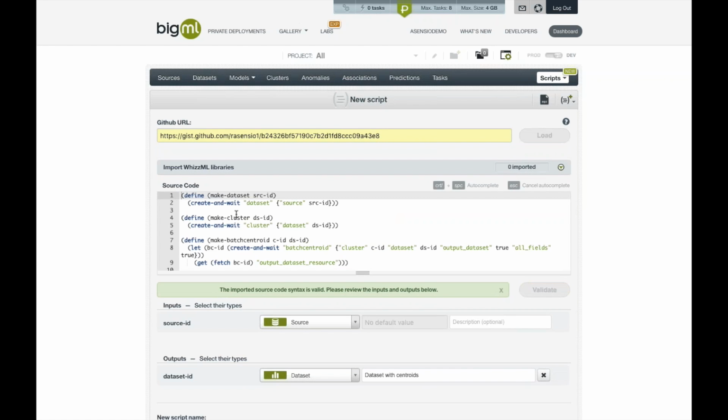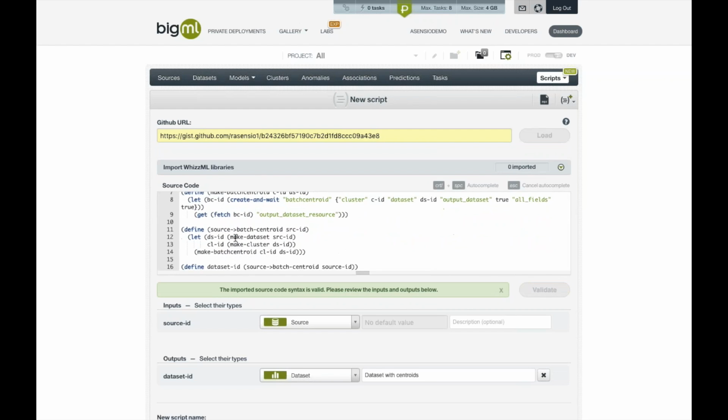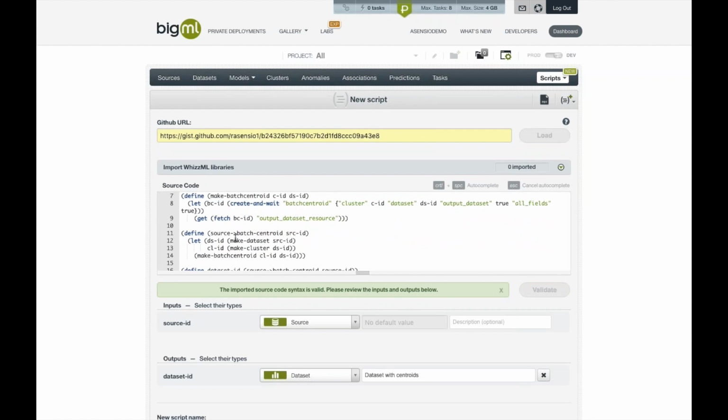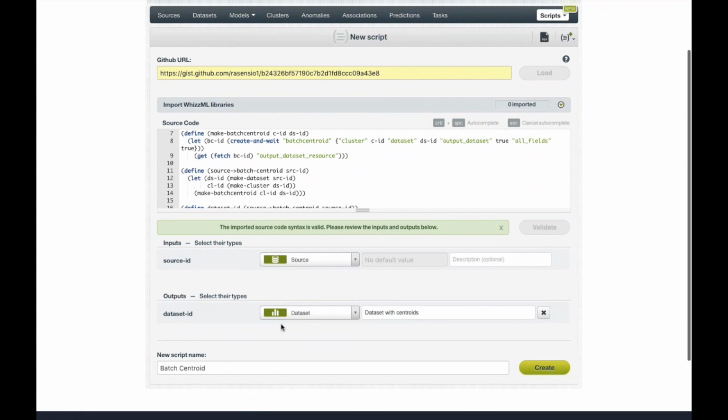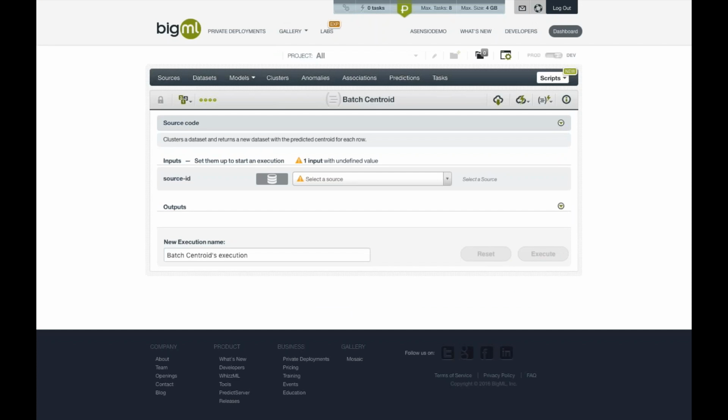So you see the source code is defined here, and the second file, this JSON metadata file, actually specifies how many inputs there are, outputs, what type the inputs and outputs are, and we can also give it descriptions for these fields too. So if this looks all good, it says our source code is valid. We can click create. And here we have our created script, and again, this is one of the ways where we can create an execution or run the script right here from this menu. So jumping back,